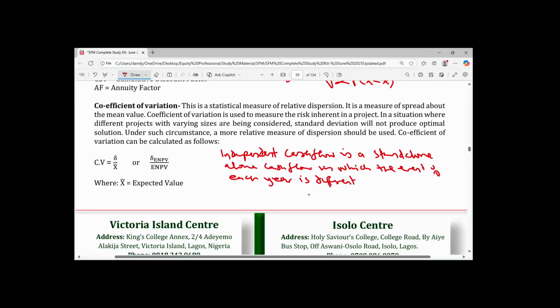Okay, so once you are given a cash flow that is different for each year, that means it is a standalone cash flow. Where you are given a standalone cash flow and you are asked to calculate standard deviation